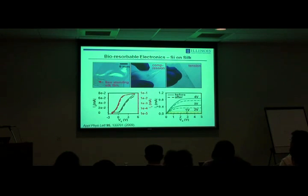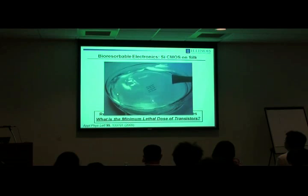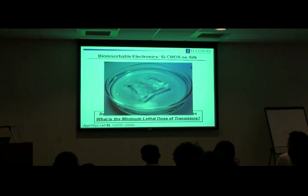And so this is silicon devices on silk. So it's flexible, it's bioresorbable, but at the same time it's high performance. So you get sort of wafer-like performance characteristics out of devices that are mounted on silk. And it's fully water soluble. So you can take a piece of this silicon on silk electronics and you drop it into water. The silk will quickly dissolve, at a rate determined by how you do the processing, and then that leaves you just with silicon devices